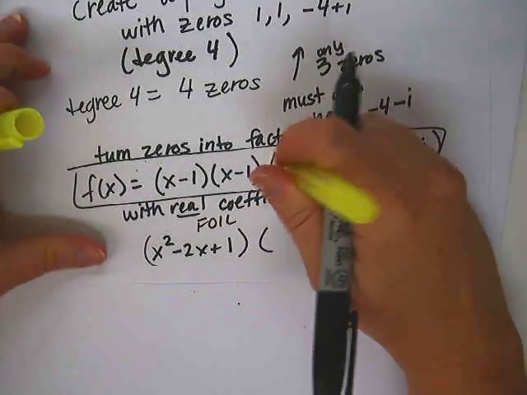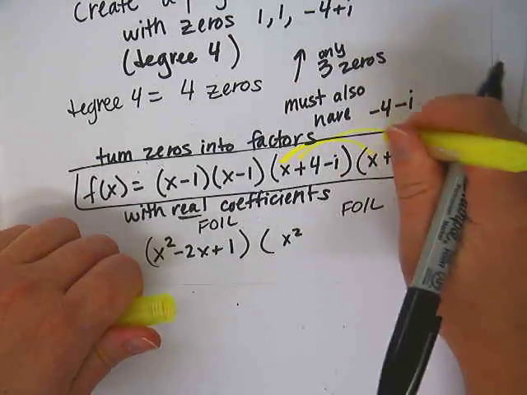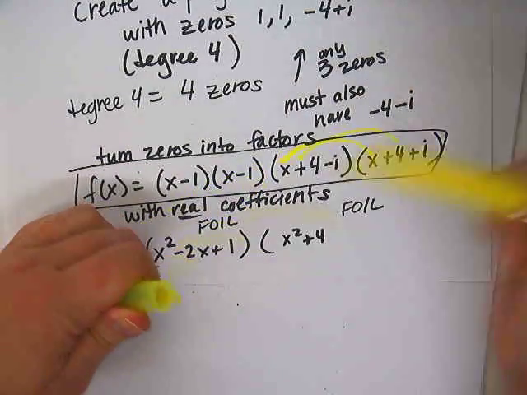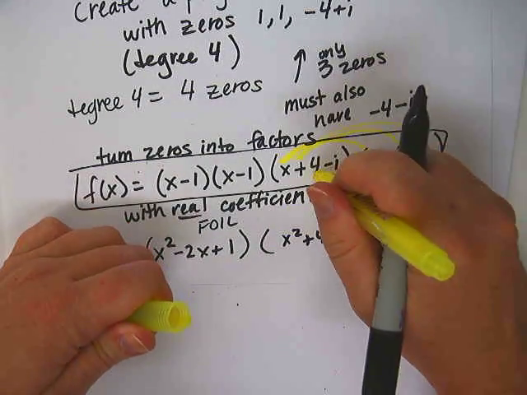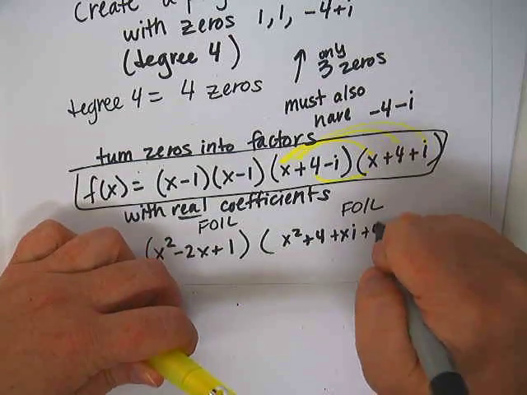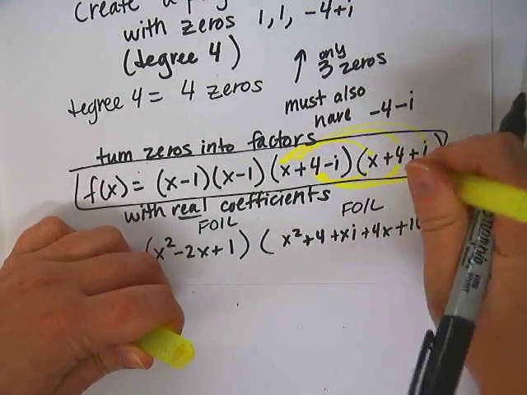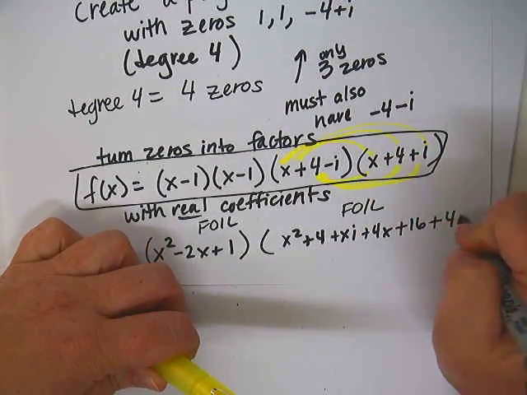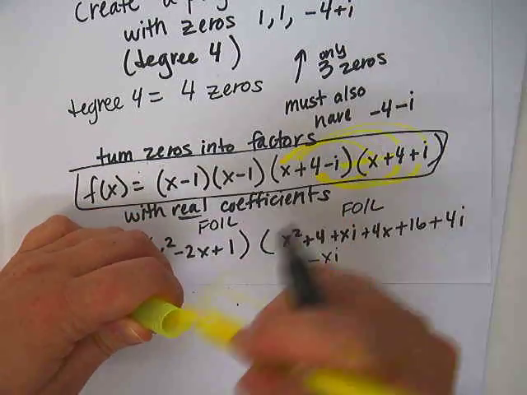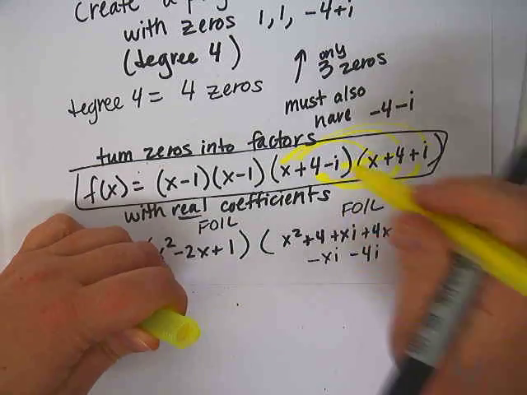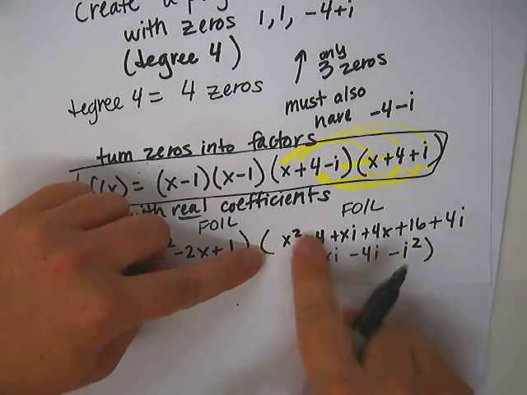Let me give myself some space. So, we are going to go, let me find a marker to do this with. x times x. So that's x squared. x times 4, 4x. x times i, plus xi. Then let's go with our 4 and distribute that. So plus 4x, plus 16, plus 4i. Then we do our last one. Negative xi, negative 4i,